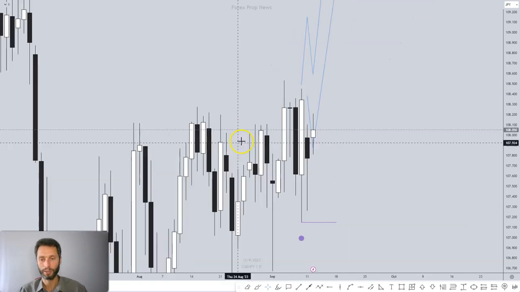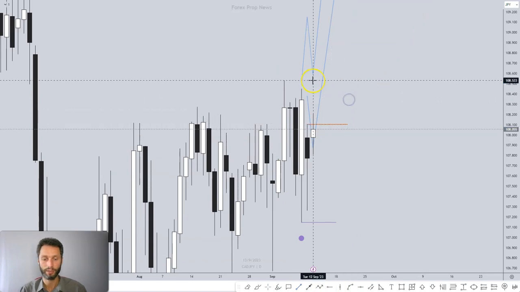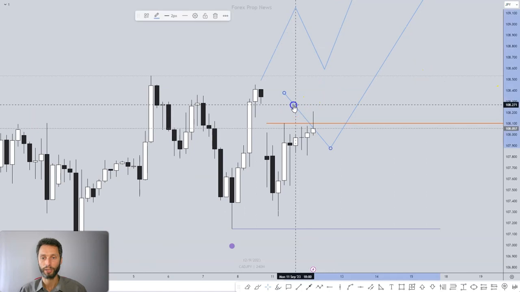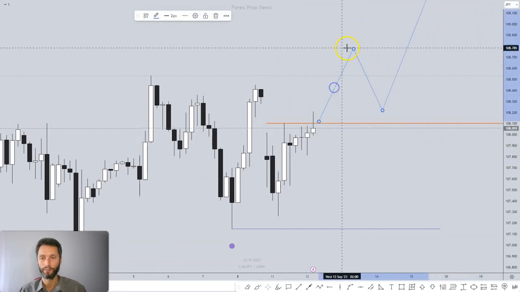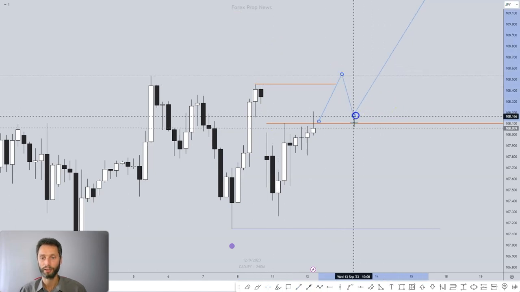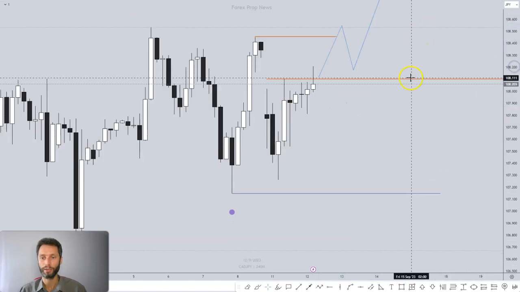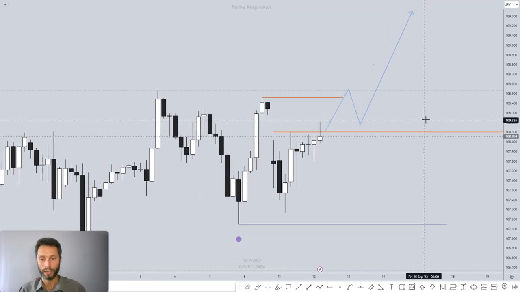What that means is, once again, we really want to see a break and a close higher than the previous day. Go back to the 4 hour, and we really want to see that push higher before thinking about a trade. So push higher here, and also close above here. That will be the second confirmation. A pullback, and then heading higher on the trend that we expect. So that is the idea for the CAD yen, and where we continue.